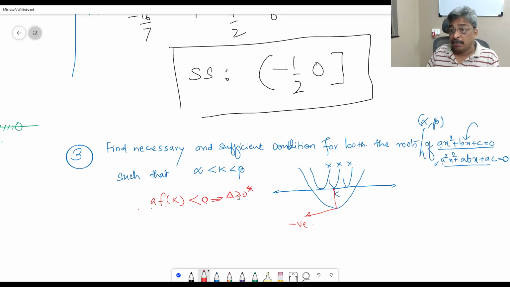Strictly greater than 0 implies we need not have to have this condition at all. This condition is more than sufficient. And now, as far as vertex is concerned, that condition is also not required, because if you maintain a of